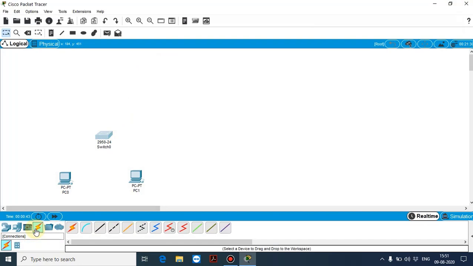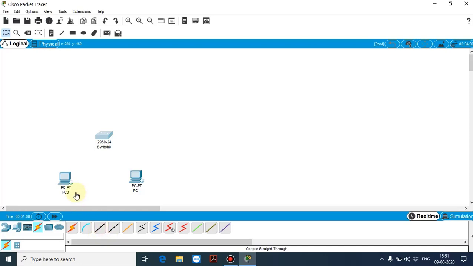So next I'm going to use a cable. So as already I told you, for connecting same devices to end devices we need a copper crossover cable. Now we are going to connect with the switch. This is a PC and this is a switch, two different devices are there. So we have to take a copper straight cable. So this was the copper straight cable.